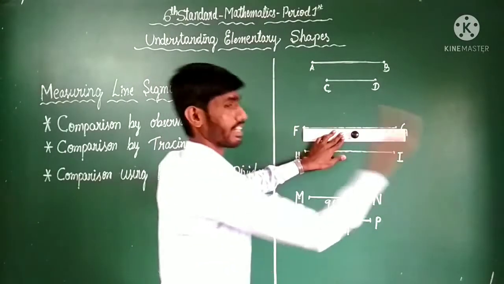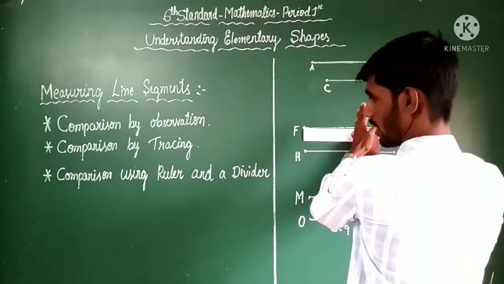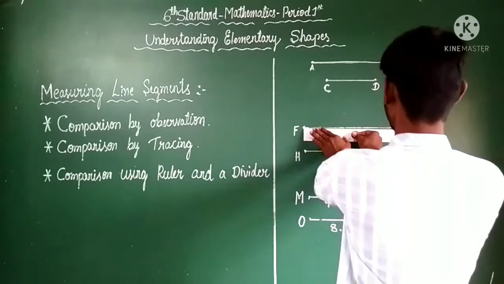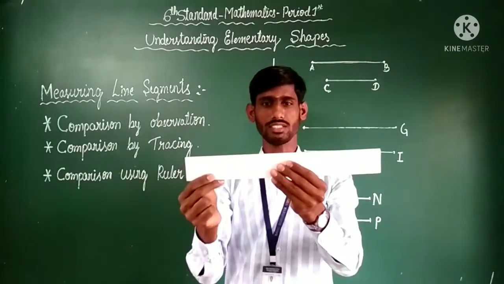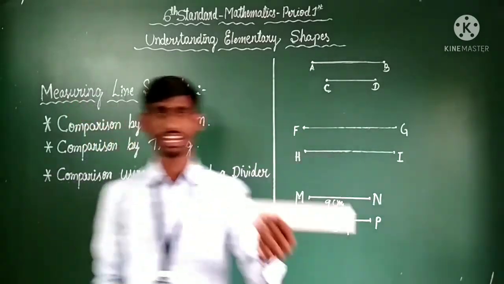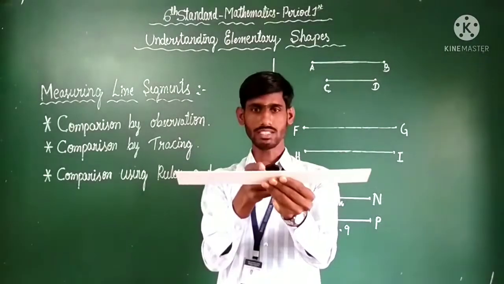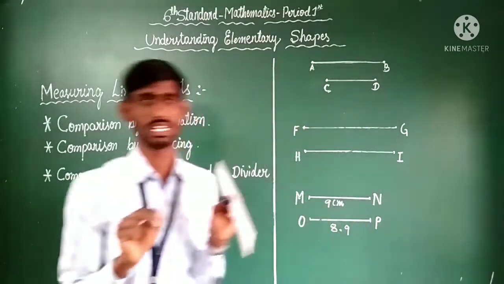Dear children, while we are finding a measurement, don't observe from the left side or right side. You must stand opposite of the scale, like this. Just observe like me. Here is a scale, you must observe like this. Need not observe from the other direction. Your direction should be very straight. This is the method of finding a measurement.